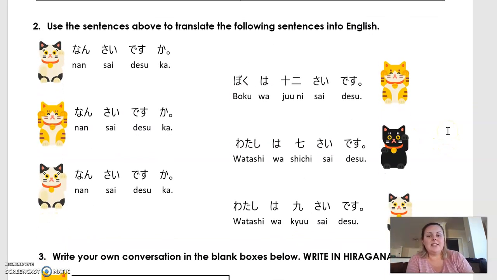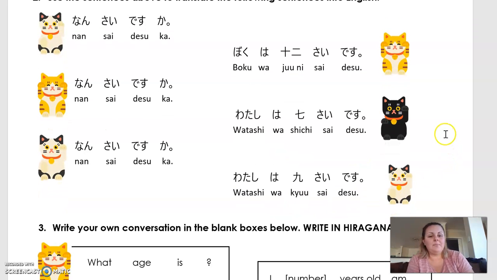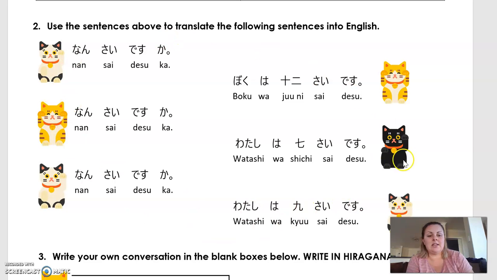The last thing I want you to do today is to have a look at this question and answer conversation. So we've got some cats here. These are magical talking cats that speak only in Japanese. And your job is to figure out what they are saying in English. So each cat is going to ask the same question. 何歳ですか? And each of these cats over here is going to tell you how old they are. So we've got a boy cat because he's boku, and we've got two girl cats, watashi and watashi. 僕は12歳です。私は7歳です。私は9歳です。